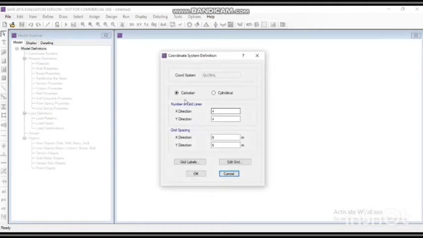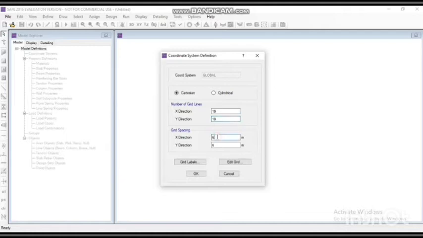Make the number of grid lines in X direction as 19, and similarly 19 in Y direction.